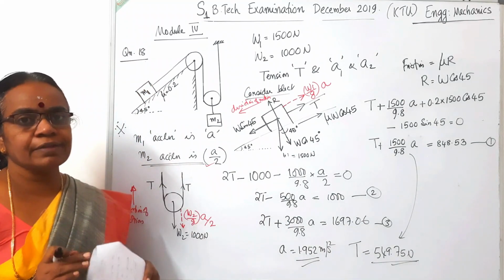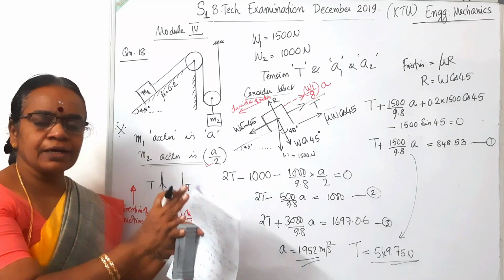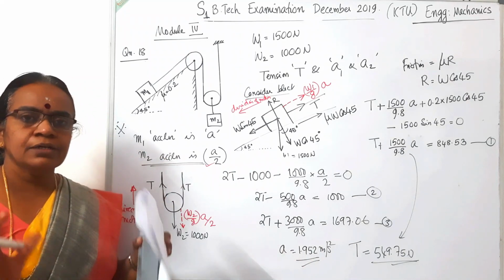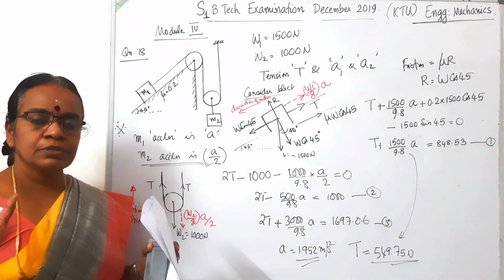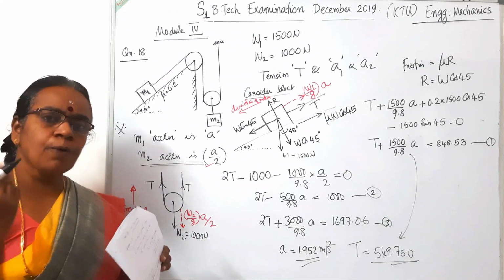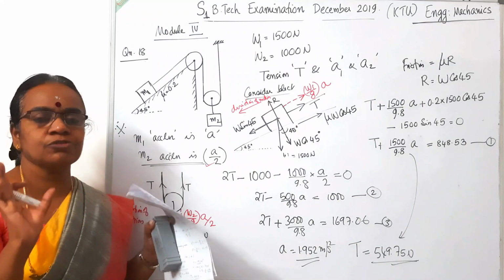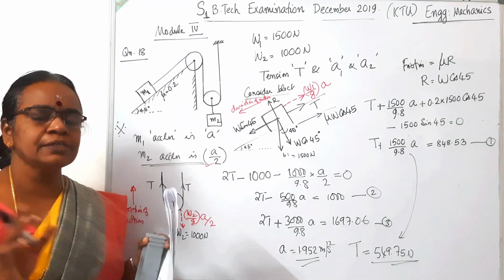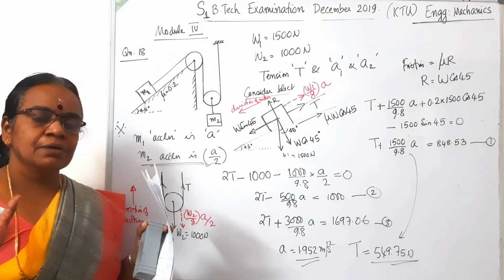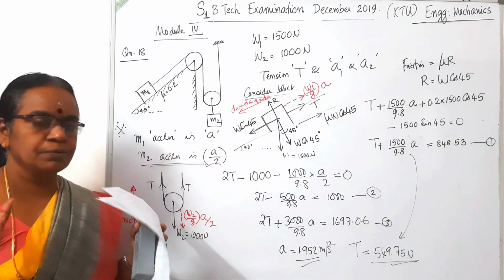So connected bodies examples, it is very simple. You consider each body separately, together with all the external forces, you apply the inertia force, mass into acceleration, opposite to the direction of motion, so that it will be in dynamic equilibrium. That is called the D'Alembert's principle. Then simply consider sigma, sum of the forces is equal to 0.